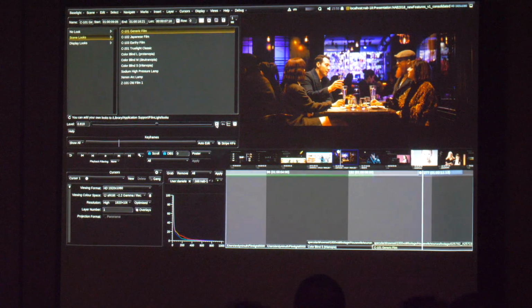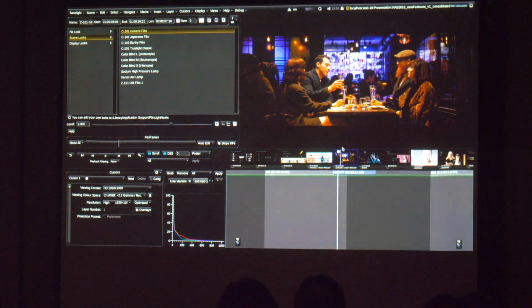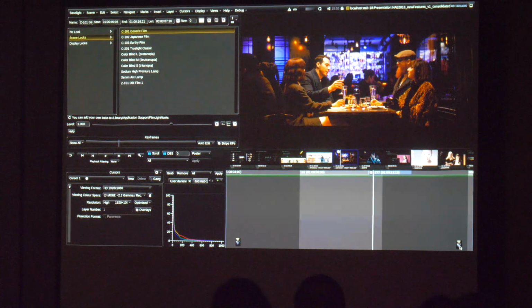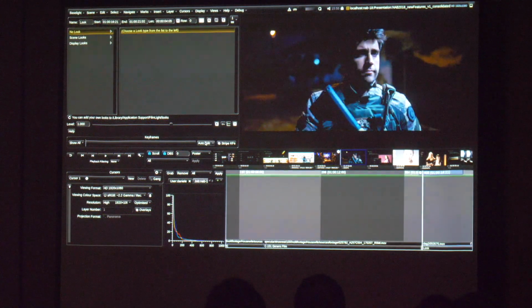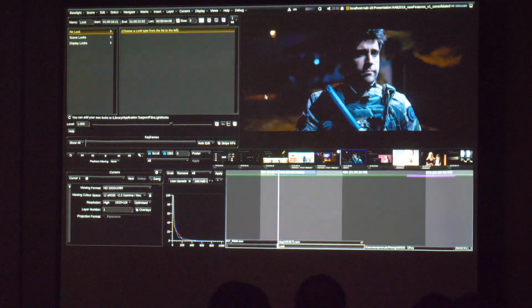So you have a very precise control, and you can combine them with secondaries. So you can say, like, I only want to use this kind of look for the highlights, and for the shadows something else. And let's say the possibilities are very unlimited. One last thing I want to show with these TrueLight scene looks is, for example, this shot, because there's also